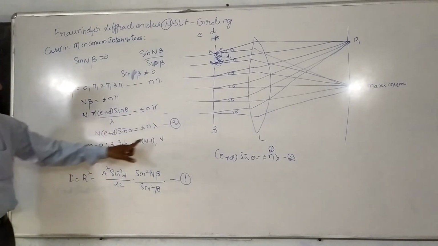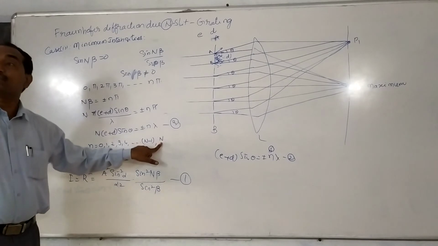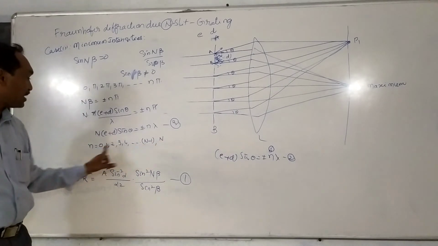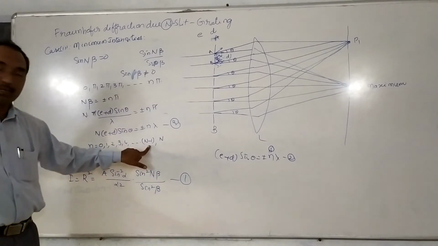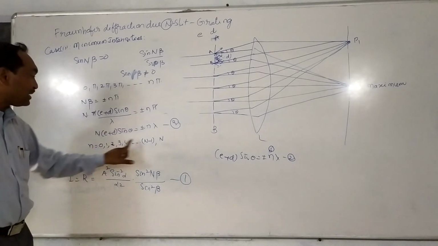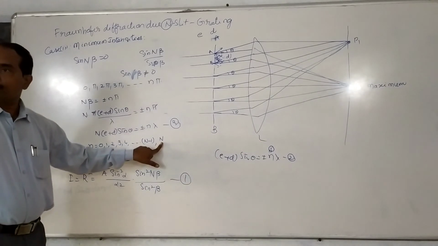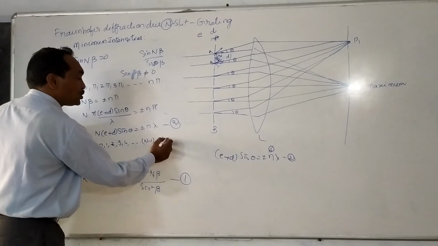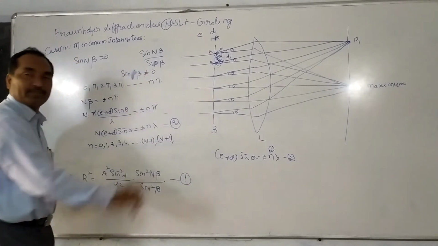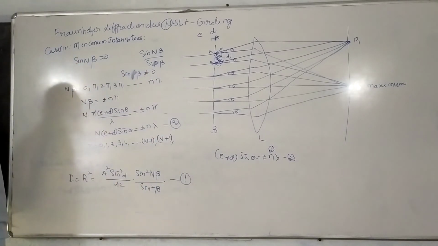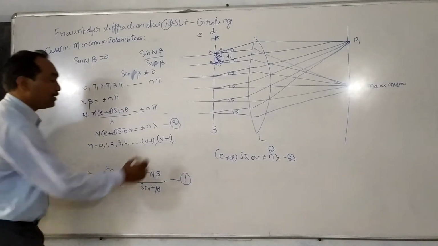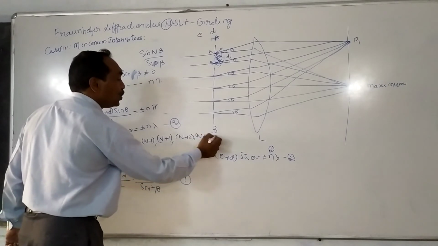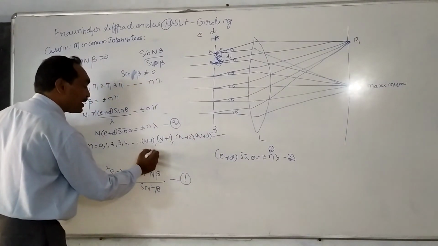So, if small n is equal to capital N, this is the condition for principal maxima. Am I right? Because from 0 to n minus 1, there is no problem. If small n is equal to capital N, that is the condition for principal maxima. So there is no 1. Next, n plus 1 is the condition for minimum intensity, and n plus 2, n plus 3, and so on up to 2n minus 1.